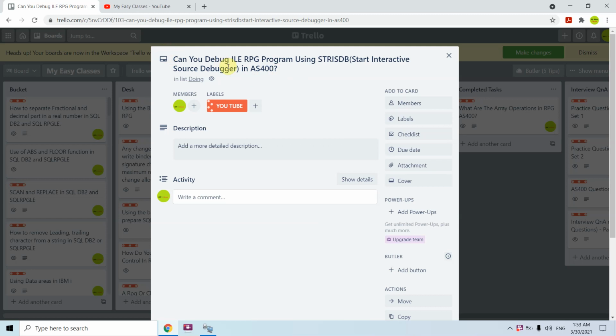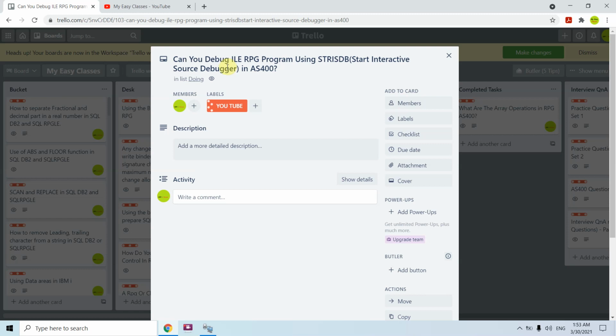However, we can use this command with the RPG programs, but to debug an ILE program, we have the STRDBG, start debug command. We can even use that command to debug RPG programs as well. So STRDBG can be used both ways, with ILE RPG programs or the old RPG programs.